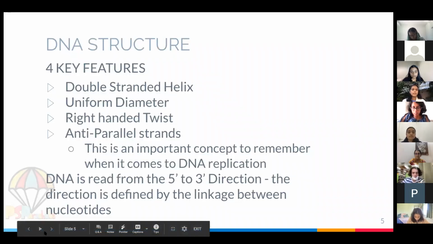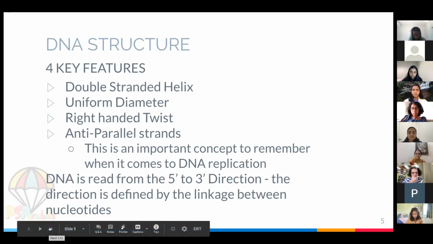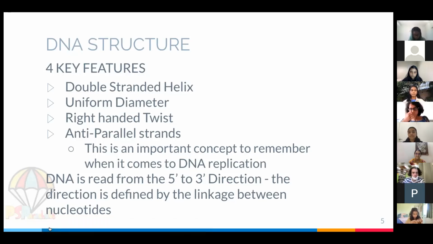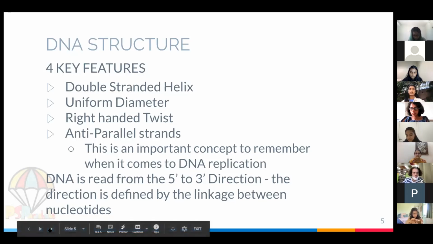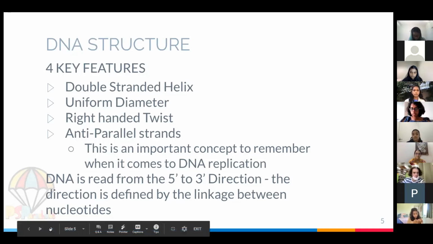So in terms of the key features of DNA and what really separates DNA from other molecules is its double-stranded nature, the uniform diameter, the right-handed twist, and its anti-parallel strands. So this becomes quite important when we get to DNA replication because DNA can only be read from a 5' to a 3' direction, and nucleotides can only be added to the 3' end. So that sort of affects the way that DNA replication can occur. So if we move on to DNA replication now,